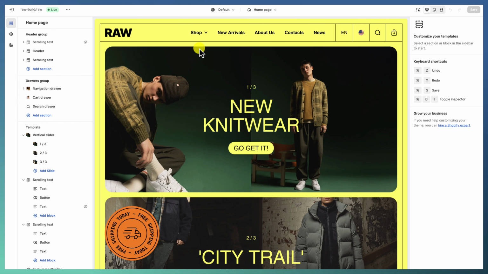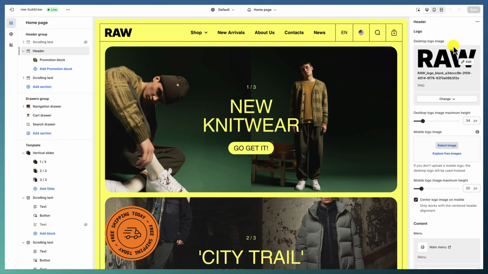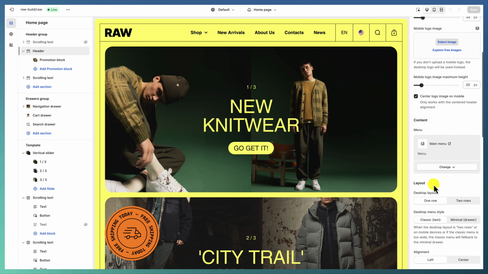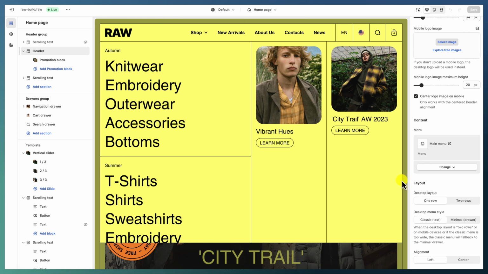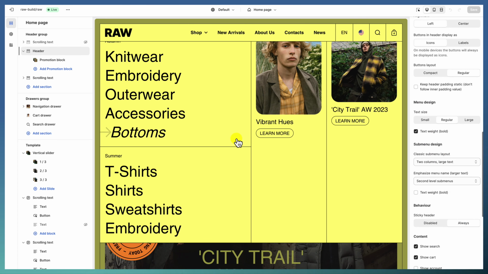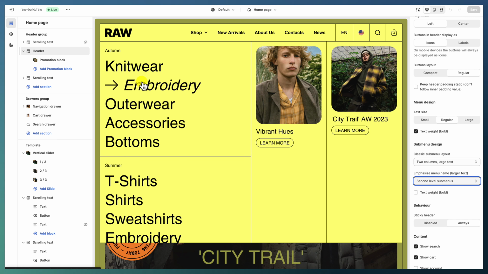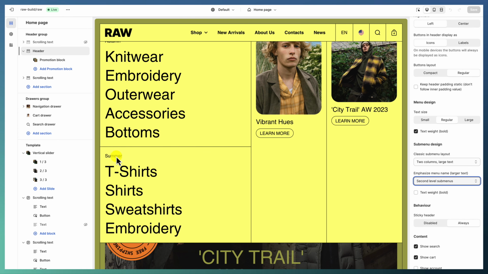On the homepage we have the header set with a desktop logo and a different mobile logo height. We're setting up our main menu, which is a simple menu with the layout of the inner menu design set to columns, large text, and where we emphasize the second level submenus. We are doing this because in this type of menu we want to showcase collections, so the title of